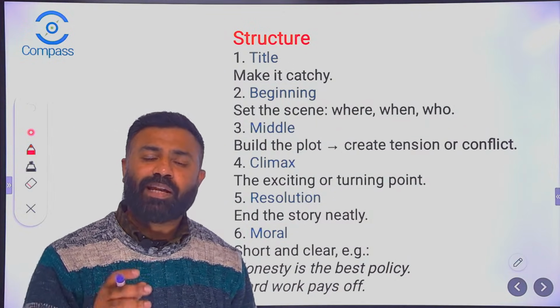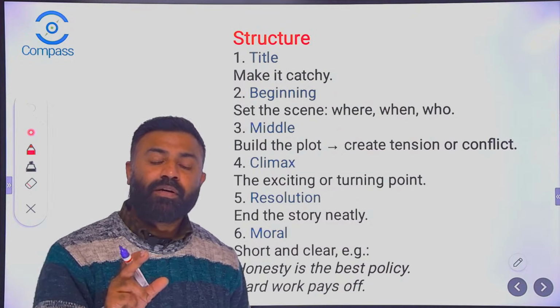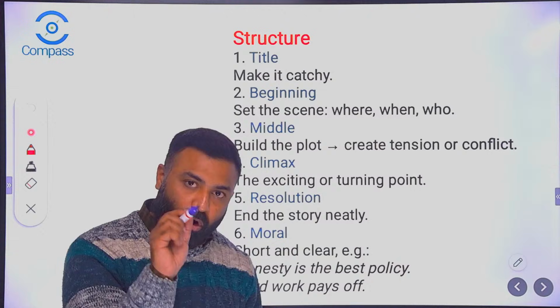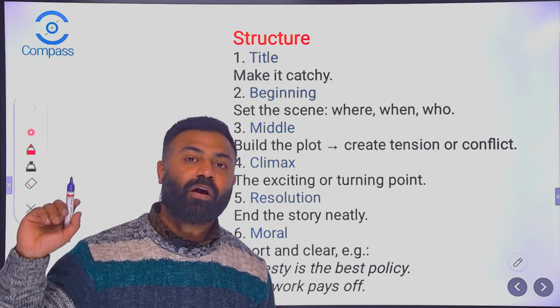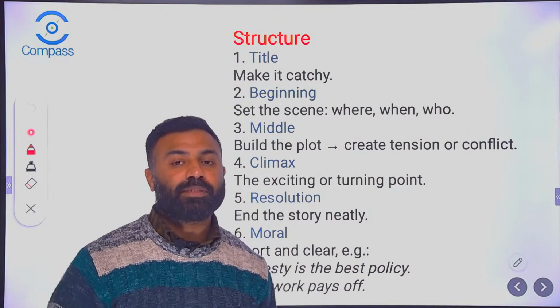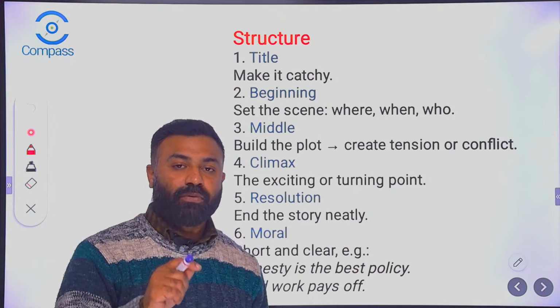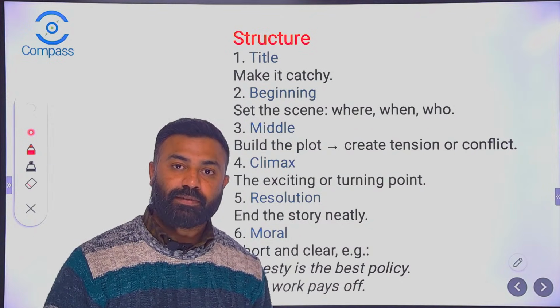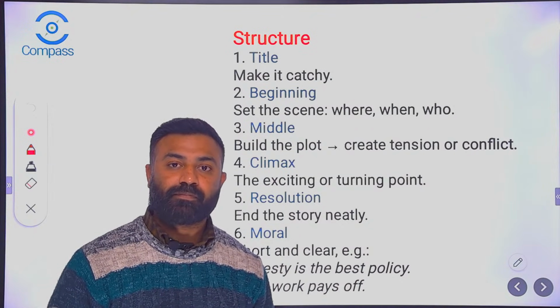How do you write down dialogues? You must have learned direct speech, where we put a comma and then double inverted commas, and then we put a full stop and the double inverted commas get closed. That's the way of writing any dialogue of a person. That's how we write it down.